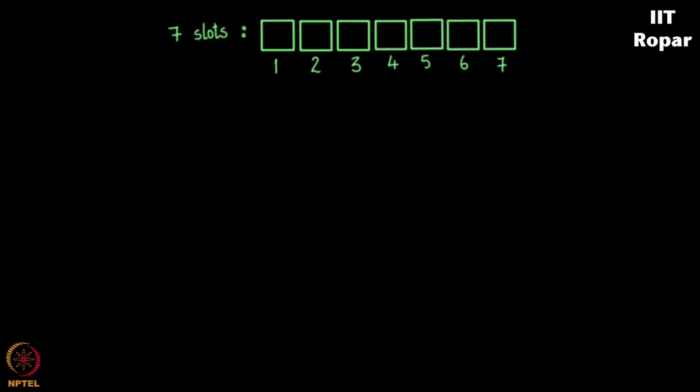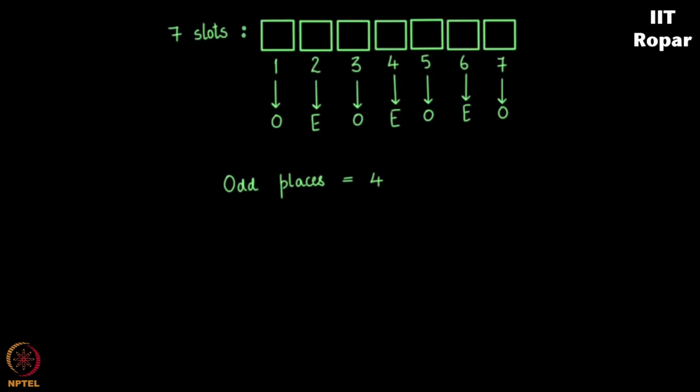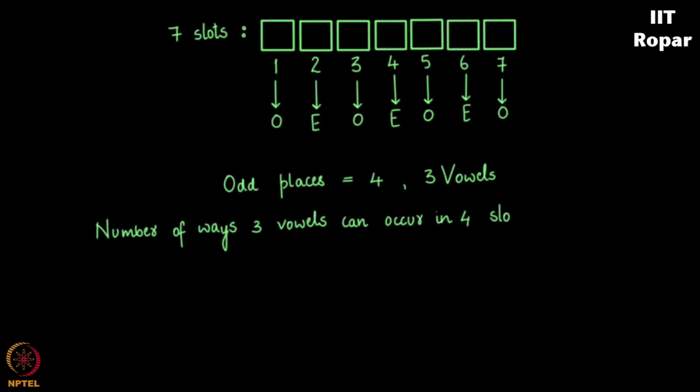It has a total of 7 letters and we have 7 slots like this. So you see there are odd and even slots like this. So there are 4 odd slots and 3 even slots. We have 3 vowels and they should occur in the odd places. So in how many ways can we arrange this? The total number of odd places are 4 and we have 3 vowels. So the number of ways 3 vowels can occur in 4 odd places is same as